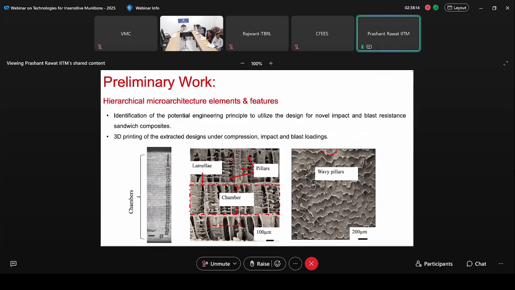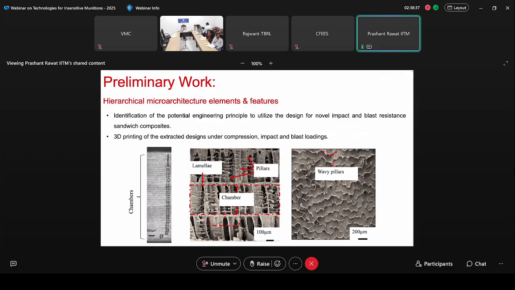If you see the cross section of the channel, they have multiple chambers made of pillars, and these chamber pillars are combined as a laminate structure, one over each other. That's how they grow over the edge of the fish. So the cross sectional view shows that these channels are actually aligned in a particular wavy pillar pattern, where the